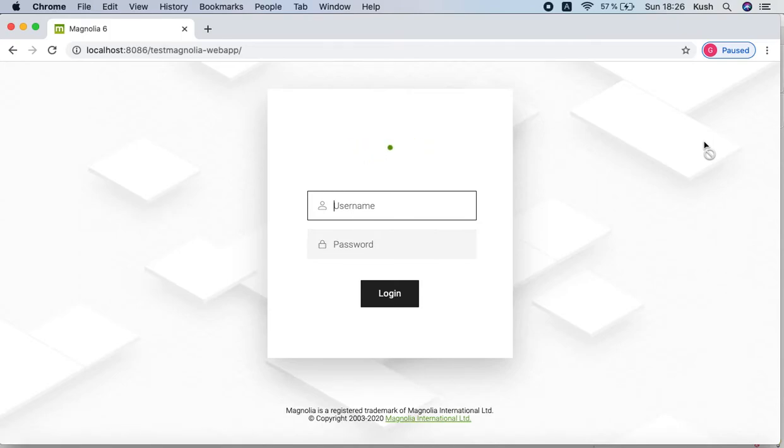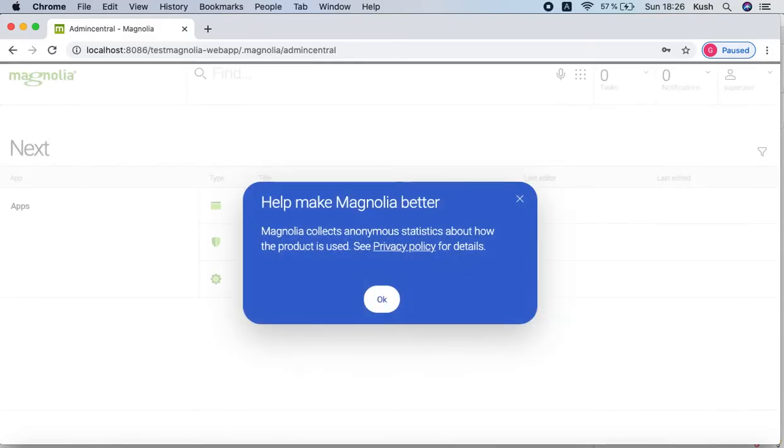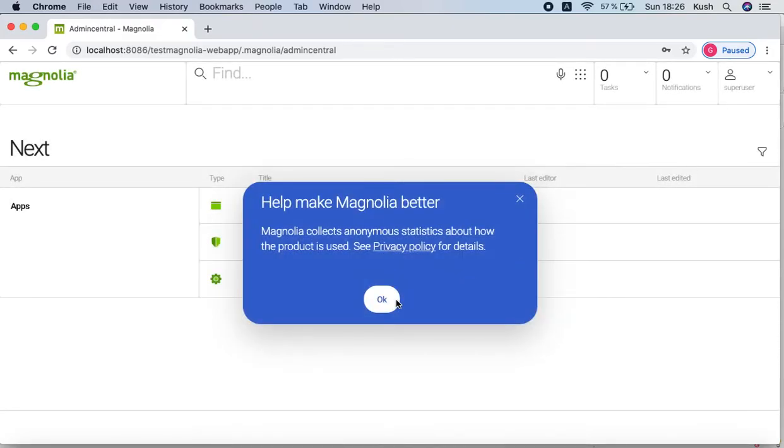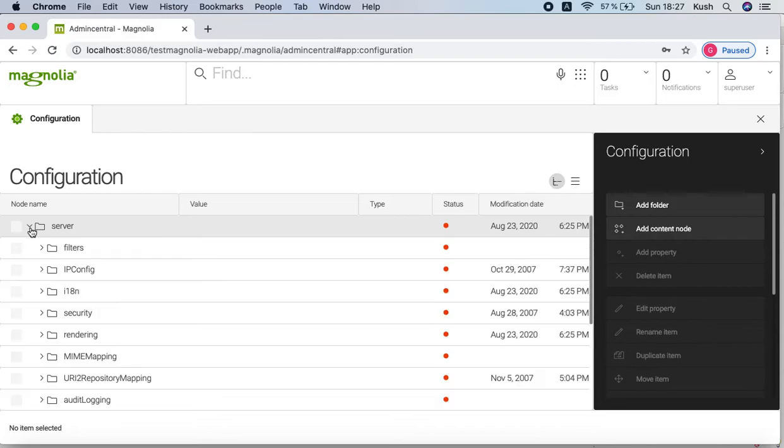So here we will log in as superuser. Again we have to go to the configuration side, and inside configuration, server, and then admin.